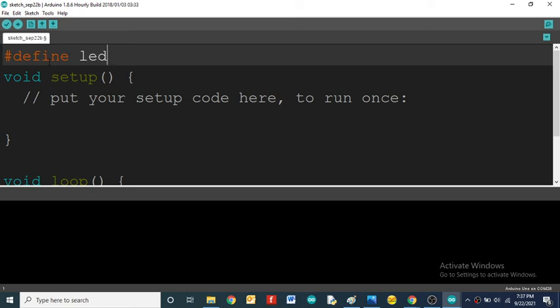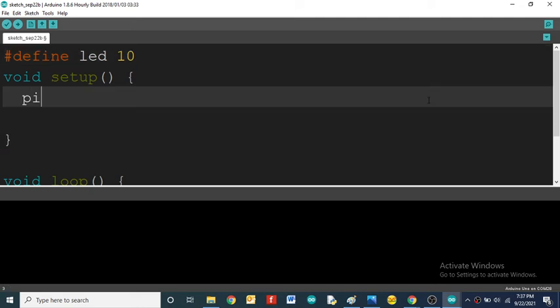Define LED. Here we must use PWM pins. The Arduino Uno provides 6 PWM pins: 3, 5, 6 and 9, 10, 11. Out of the 6 pins you can use any one. We already used 3, 4, 5, 6 for the LCD, so that's why I'm taking 9, or I will take 10. So it is a PWM pin.